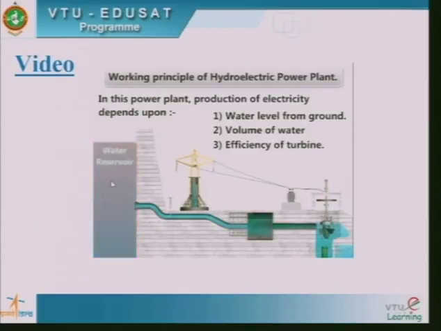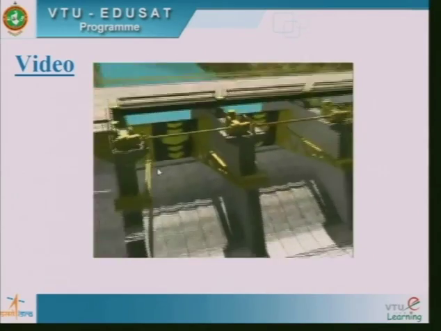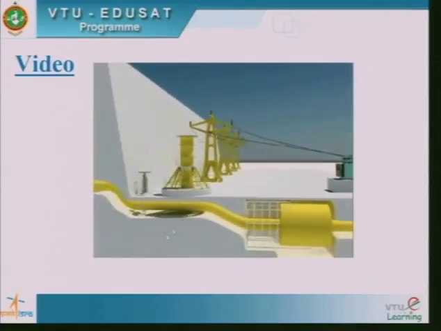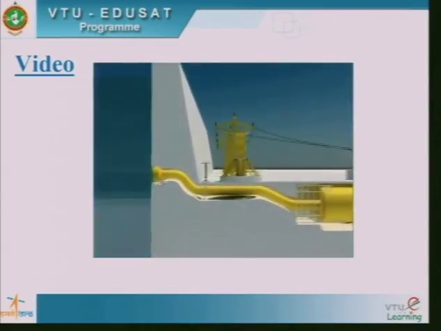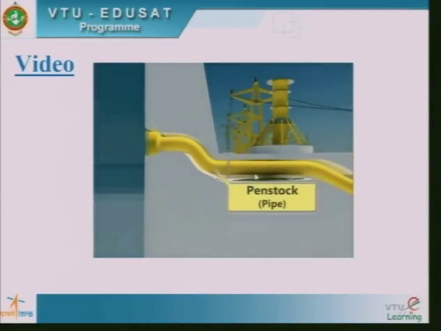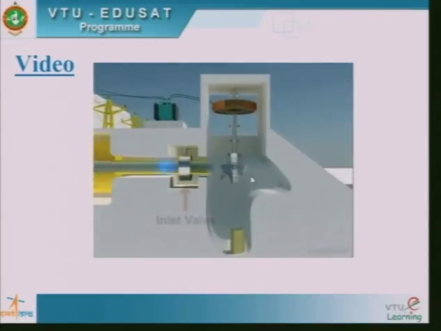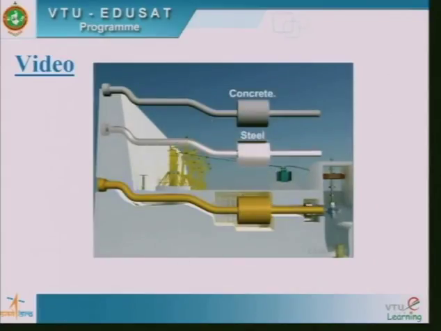So, water is stored in water reservoir, and we will have the dam to hold the water in the reservoir, and you can see here the construction of dam, and we will take the stored water through this pipe which is called as penstock. So, water is allowed to flow through this penstock, and water is allowed to impinge on the turbine blades, and the penstocks can be made up of concrete or steel,